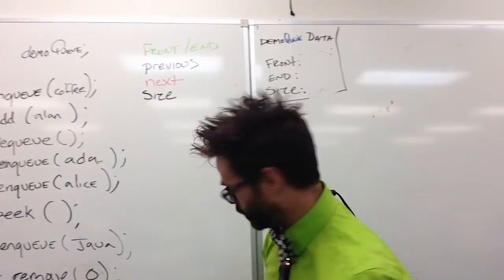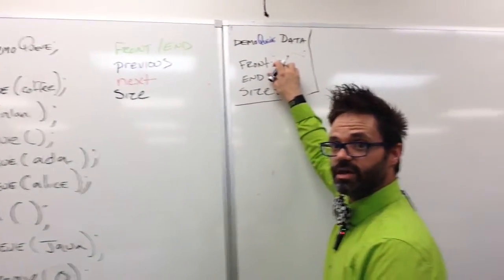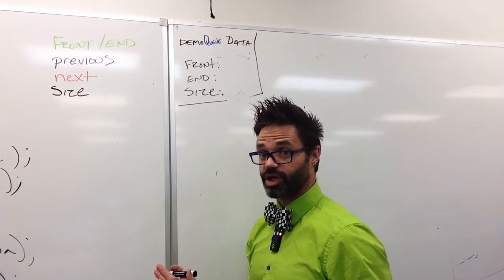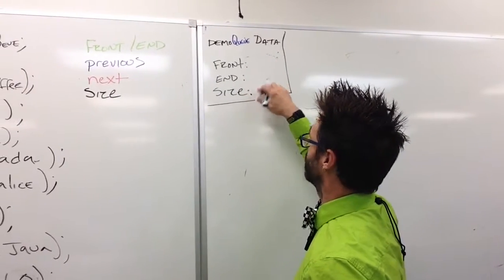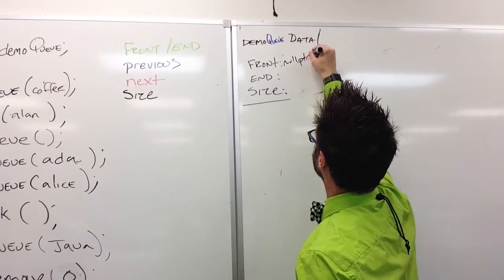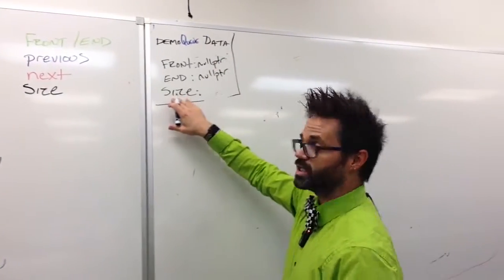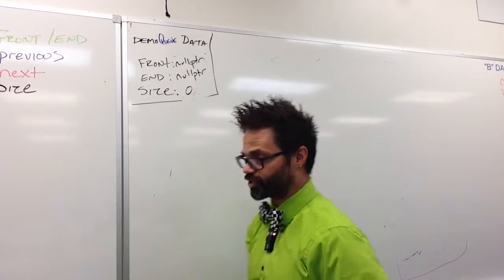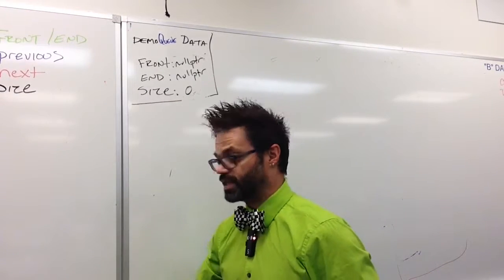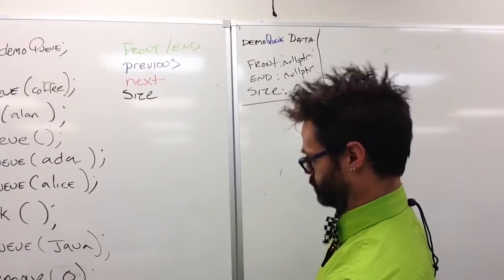So when we first declare and initialize our information, that information starts off with both front and end, because the demo queue itself inherits, or the queue inherits from the wlink list abstract base class. Our front, end, and size are all initialized to their default data members, which is null pointer for both front and end, and our size value is set to 0 because, of course, when we first create our list, nothing's in it. Fabulous. So now that we've got that basic set of default data members assigned, we want to go ahead and look at